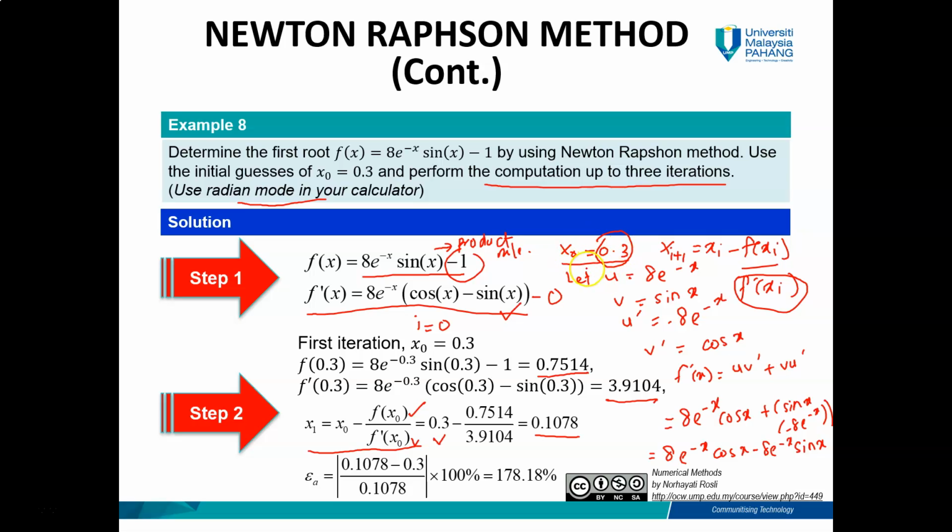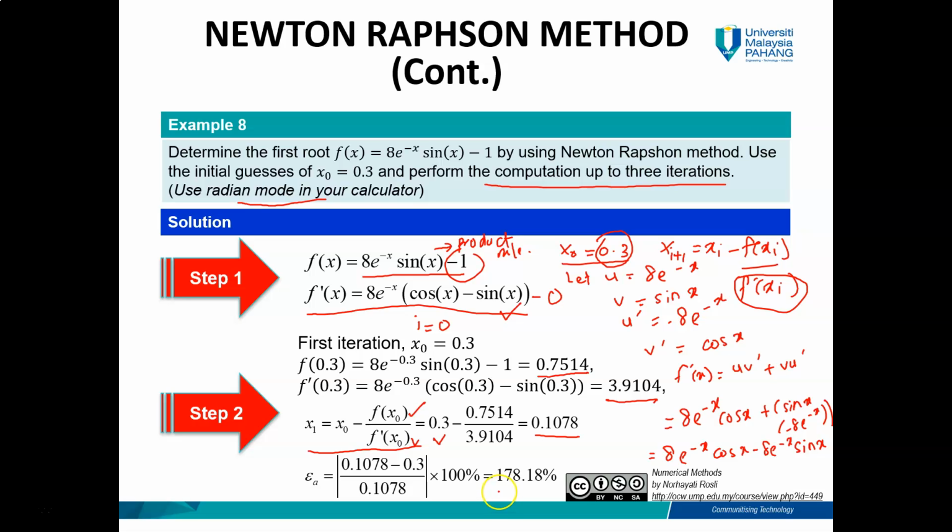This x naught is actually the initial estimated root. In this case, how to compute epsilon A? It is equal to the absolute value of the current solution, that is 0.1078 minus the previous solution, that is the initial value 0.3, divided by the current solution times 100%,